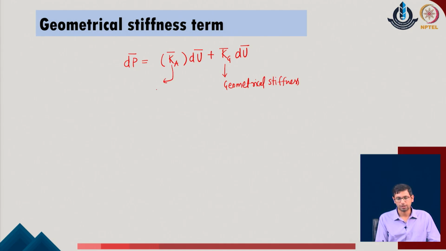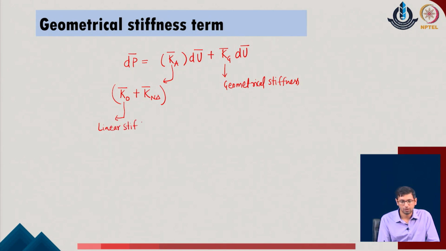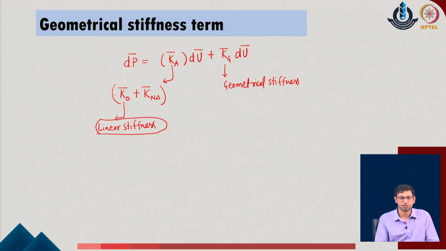Whereas this K of A contains two parameters, one which is K naught of the given system, which is the linear part, and the second which is the nonlinear part of the given system, and these two parameters of the system have already been evaluated. So in terms of the individual contribution, the first one, which is K naught or K naught bar, is the linear stiffness of the given system. As we look at the general system, this comes out as a simple function in terms of constant values, and that is what the linear stiffness of the given system was.